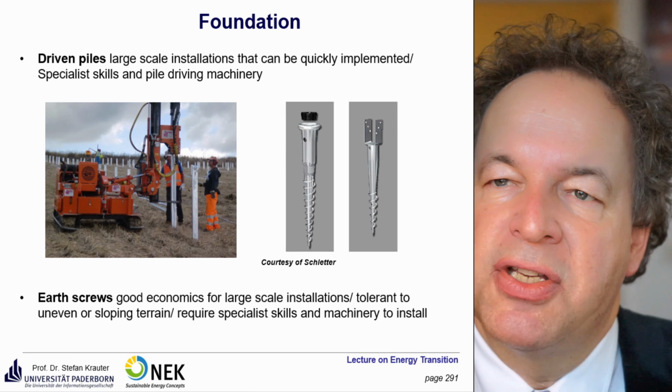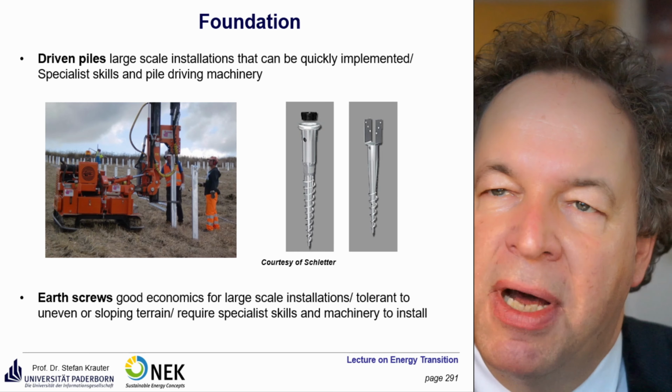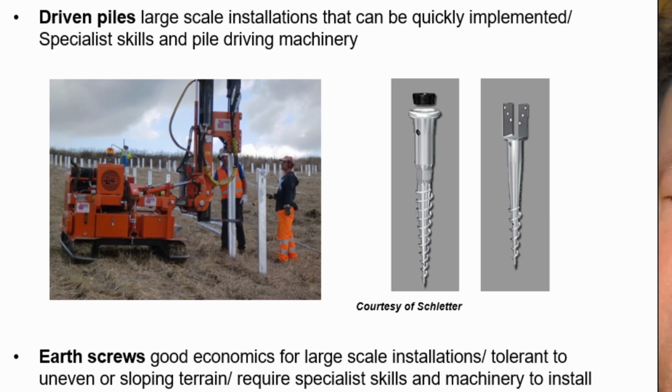The more modern ones are so-called ground screws, so you can install much quicker, or you have hammered piles. Sometimes this is even automated, so you have a robot which knows exactly the position and drives in a pile automatically. So you see here a movie about the company Krinner, which perfected this mounting by ground screws, and you can install a very large-scale power plant, in this case a 330 megawatt system, within a very short